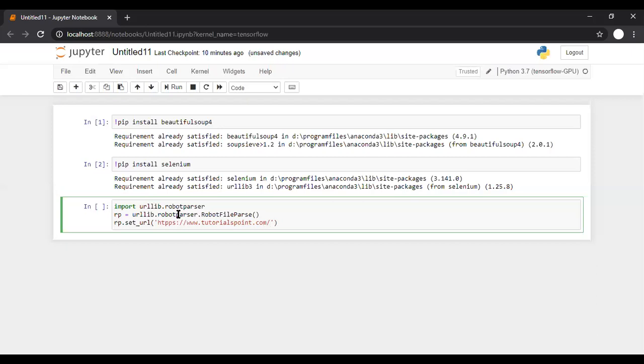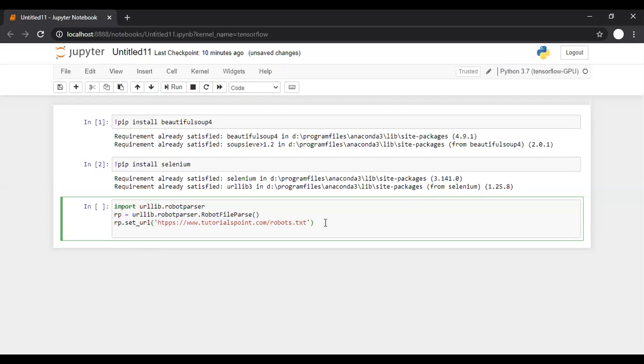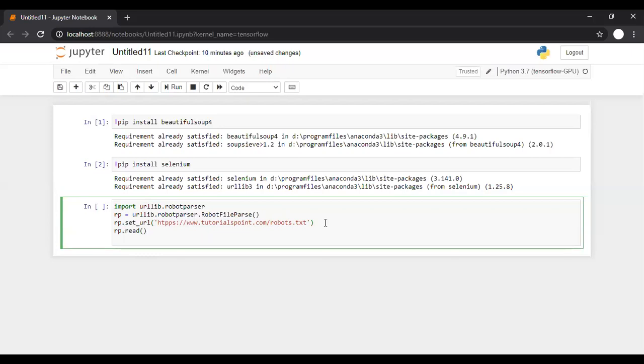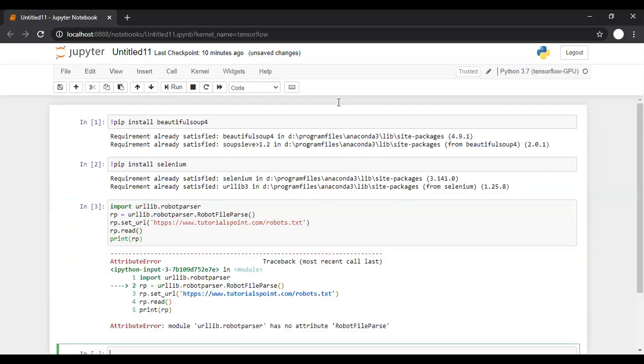www.tutorialspoint.com followed by robots.txt. So the website URL followed by robots.txt, that is the default path and it must be placed there only. Now read that file with rp.read, and if we want to print the content, it's simply rp and run.